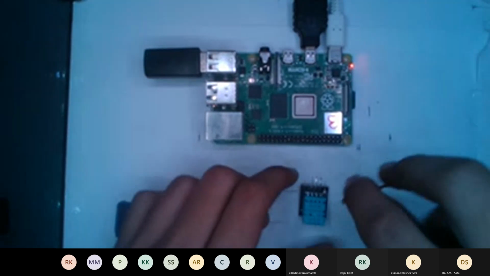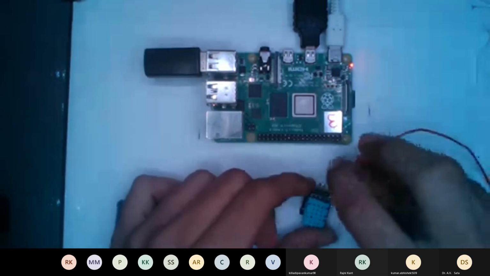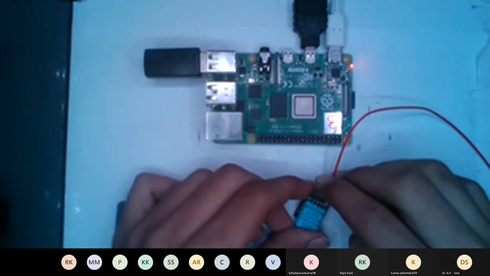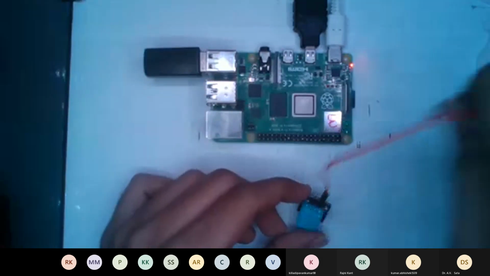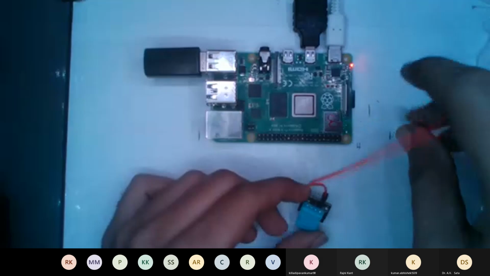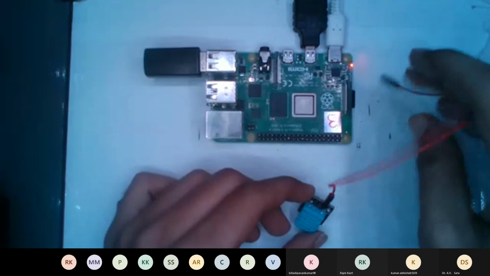This is DHT. Using red pin to connect the sensing pin or data pin to connect it with pin number 2.